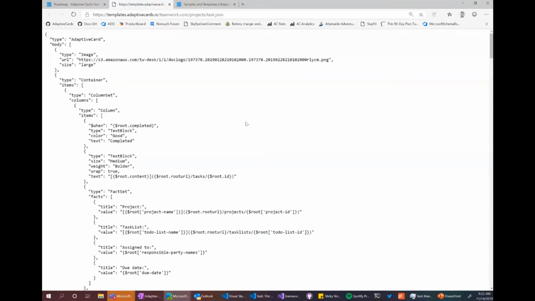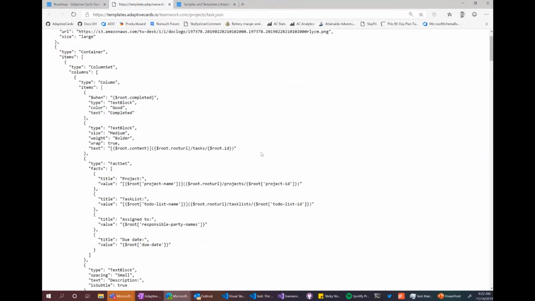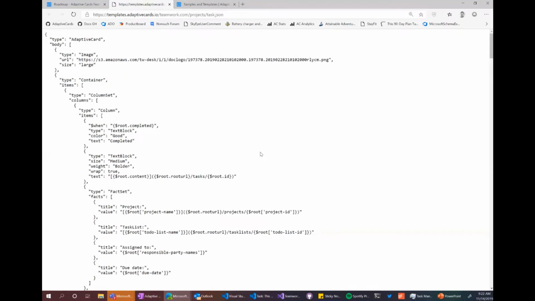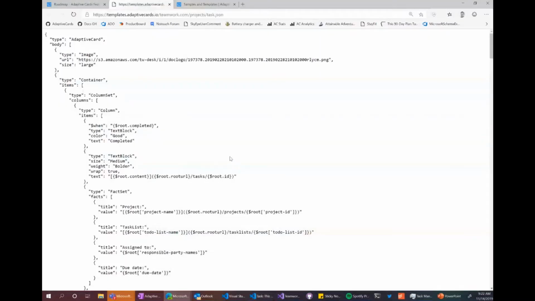So this would work, by the way, if you're rendering your own card, but you could also use this templating stuff if you're just an actionable message developer, or if you're building a bot. You can apply the template yourself. You don't necessarily have to go all the way to rendering it yourself into a card or into an app like Visual Studio.